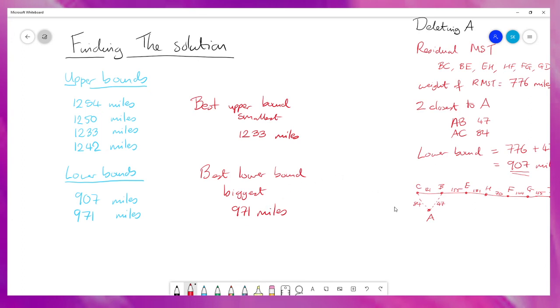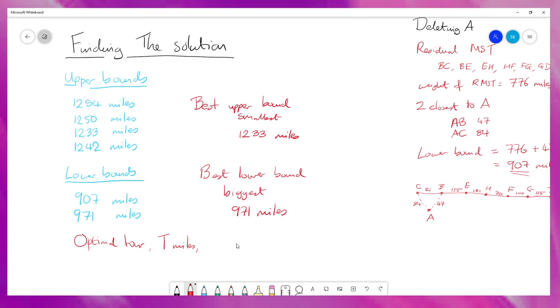In this case, neither of those things are true. So all we can say is that the length of the optimal tour, which we're going to call T,